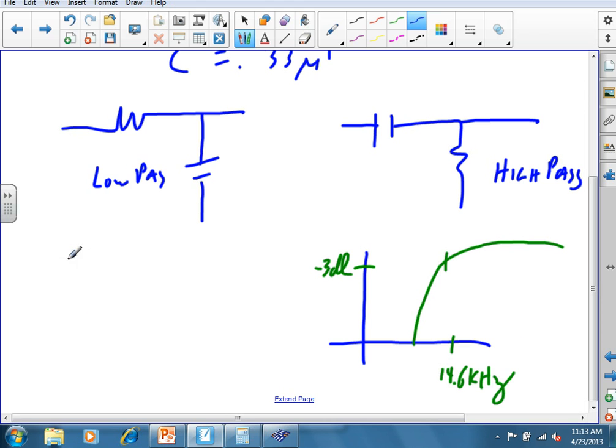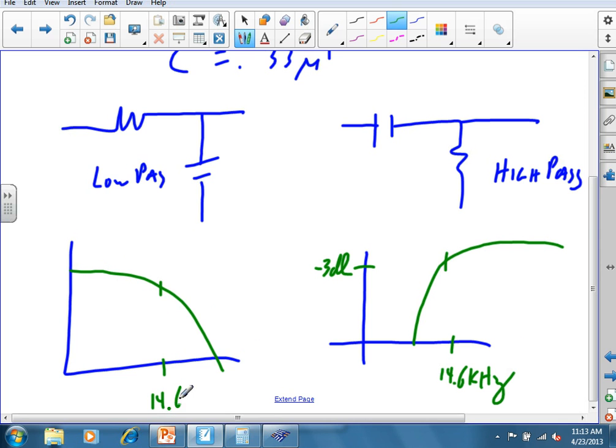And then we'll draw this guy. And we'll draw him like that. And 14.6 kilohertz, minus 3 dB. Good enough? Now we did what it said to do. Alright. Alright. That means